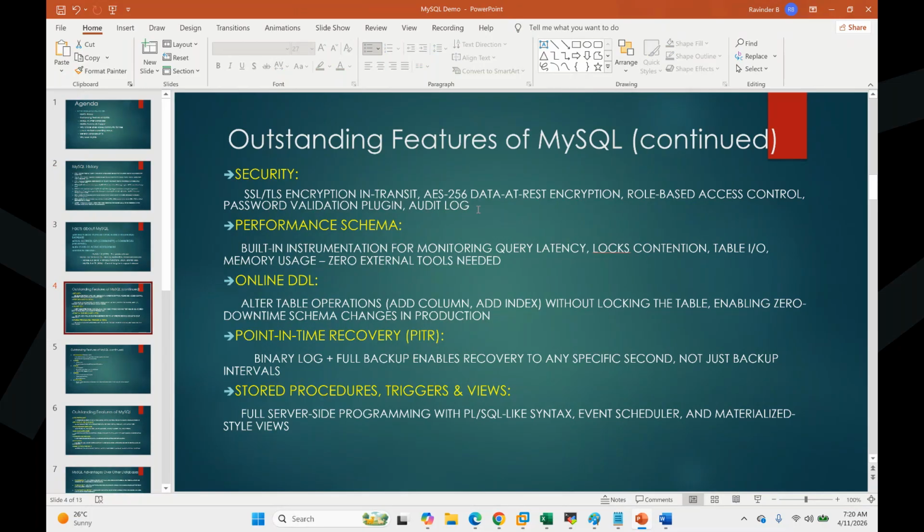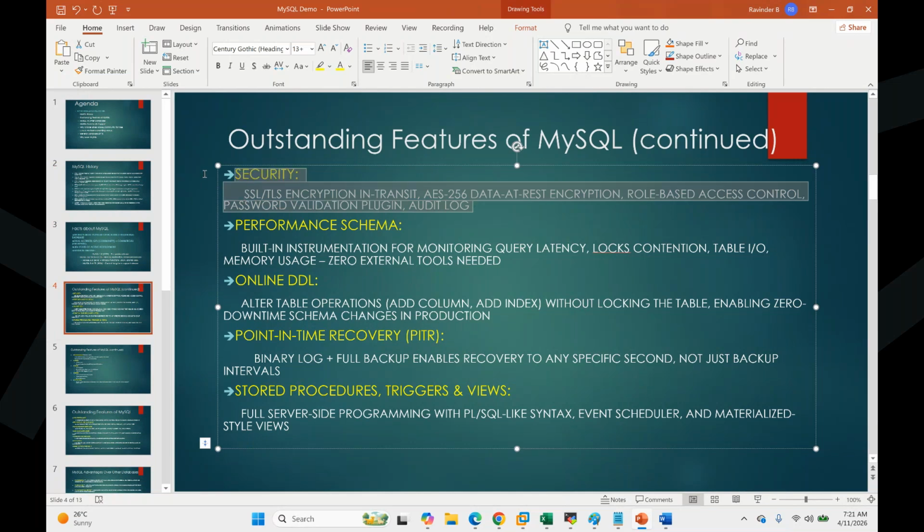And if you want to audit the information, the queries people are running, we can do all that. Not advanced auditing, but inside we do have certain monitoring that we can enable to find who is doing what. Performance schema is one good thing where all ongoing active session information will be available: what kind of queries are running, what are good queries, what are bad queries, what wait stats we have, what the latency is, and what IO you are generating. Everything can be found. We're going to see performance schema in detail in the performance tuning.